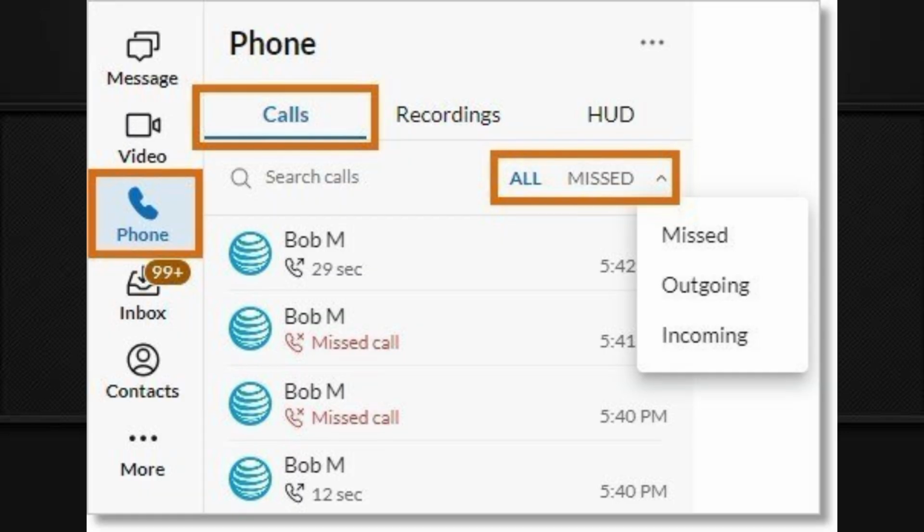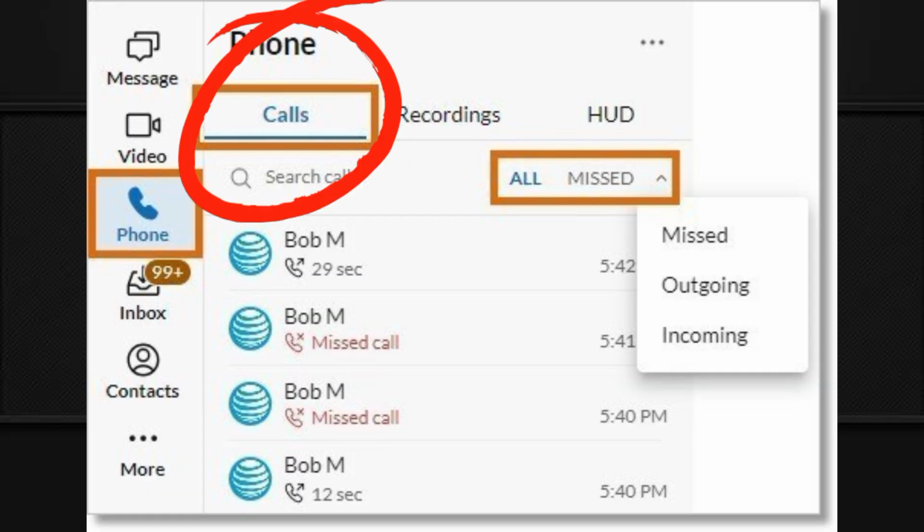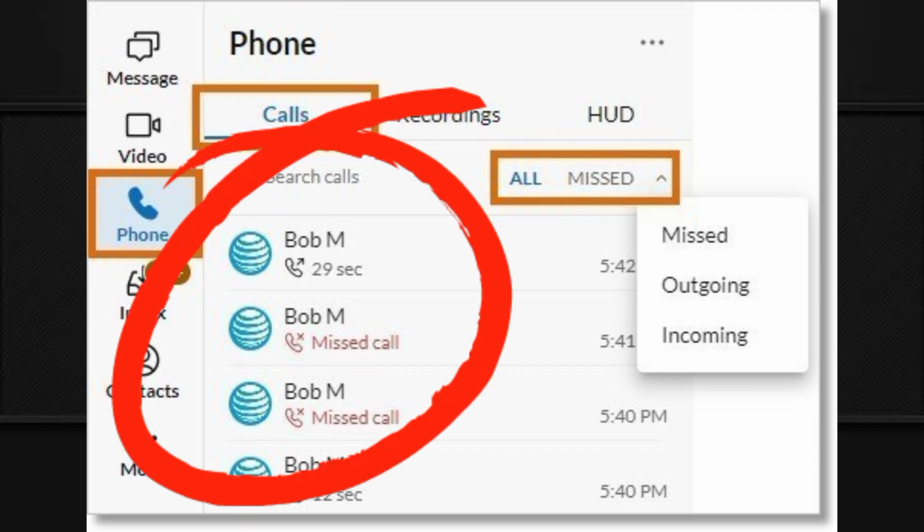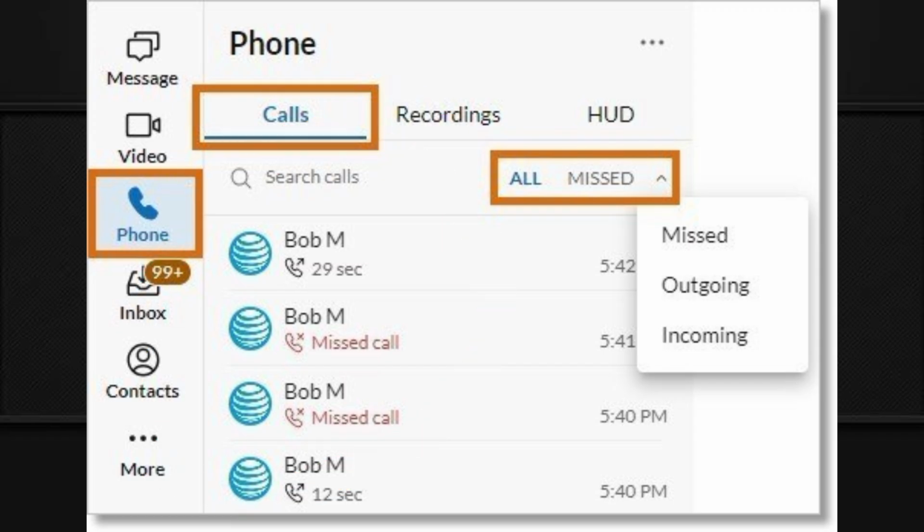Next, tap on the option labeled Call History or Usage Details. From here, you'll see a list of your recent call records. You can scroll through your history or use filters to narrow down specific dates or contacts. You can also download the list for your records if the option is available.